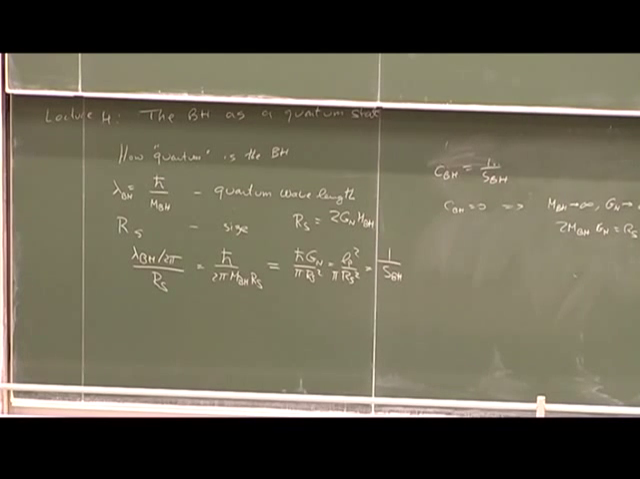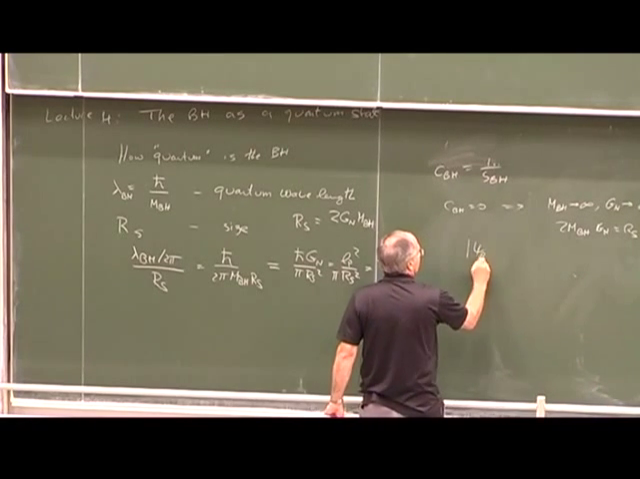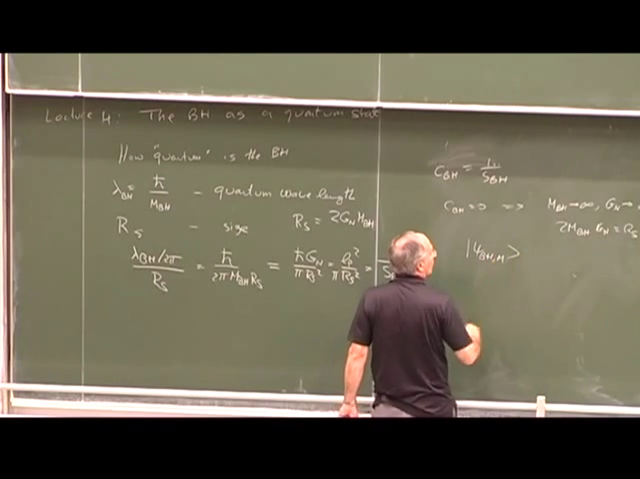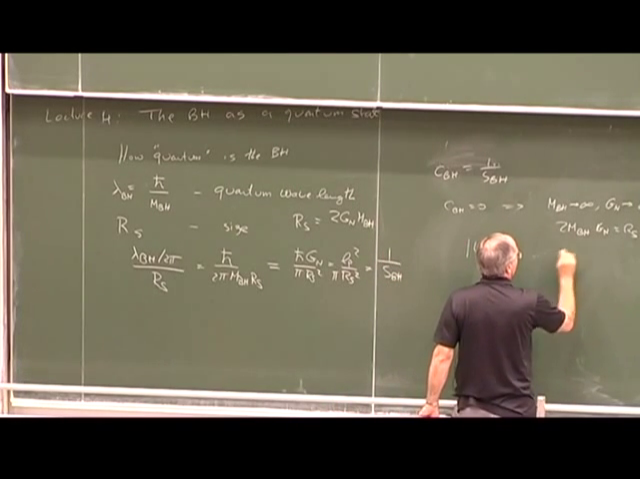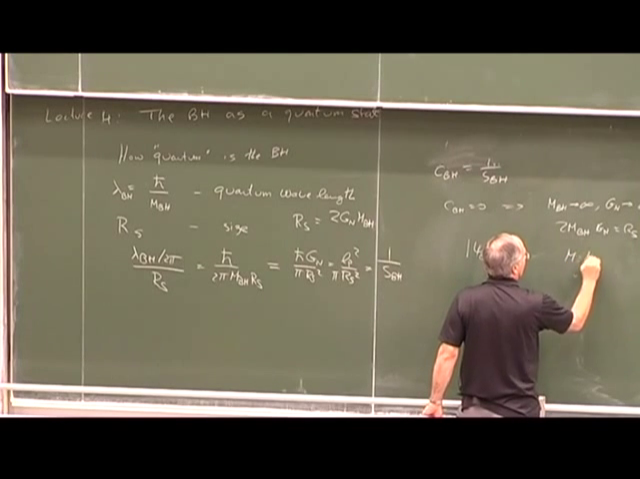Okay? And we will actually do a calculation like that next time, but I want to explain first, a little bit more precisely, what I mean by the black hole as a quantum state. So let's say we look at a state where M stands for matter,